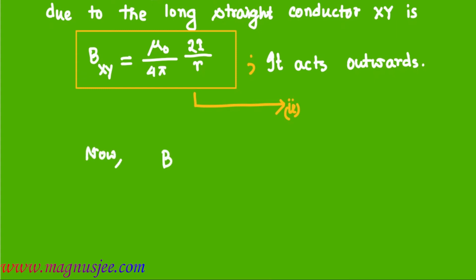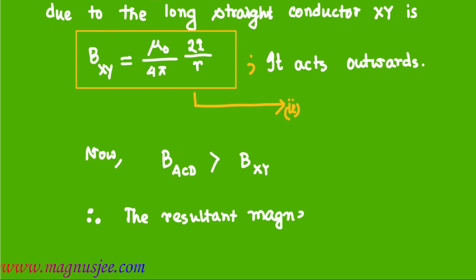Now BACD, the magnetic field induction due to the circular coil, is greater than BXY, the magnetic field induction due to the long straight conductor. Hence the net magnetic field induction, or resultant magnetic field induction, at the center P is given by